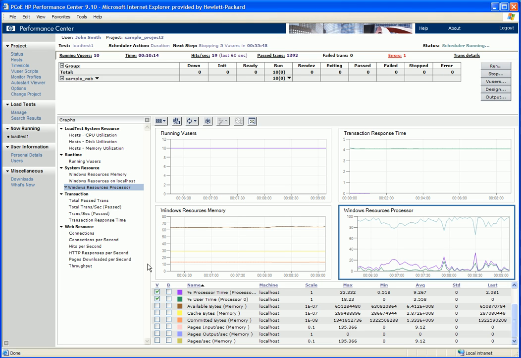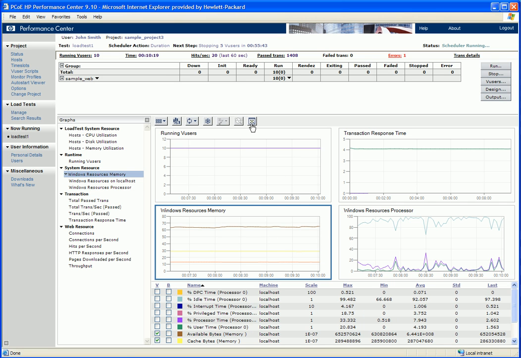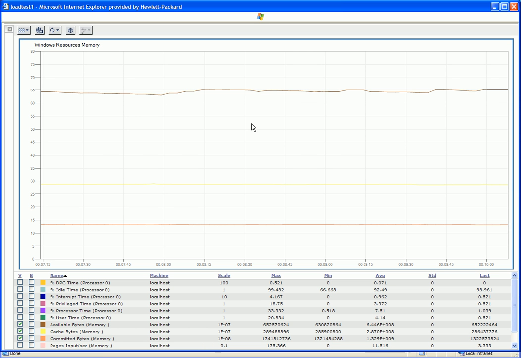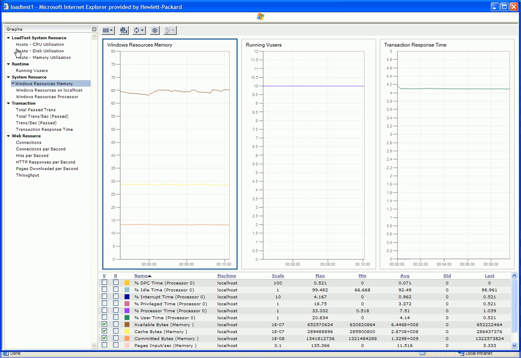We can also open a selected graph in a separate window. This window functions in the same way as the online view pane in the Load Test Run window. Here, too, we can display multiple graphs. We can select graphs other than those displayed in the Load Test Run window, enabling us to view more online